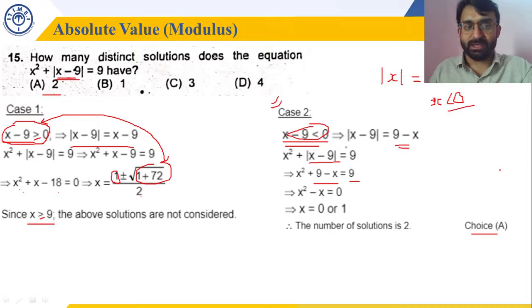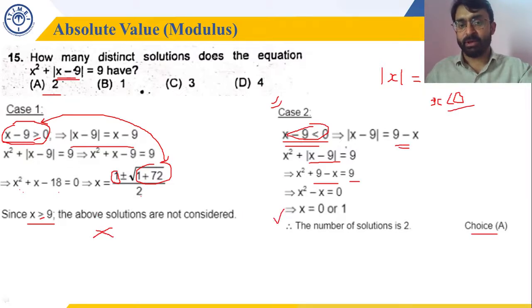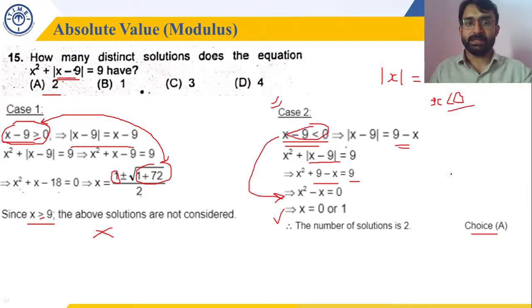Fine. So this is something which we can do in terms of equations of modulus. Put all the terms of the equation which are given in modulus equal to 0 and make ranges. Always write greater than or equal to, and less than. Less than will not come with equal to, greater than will come with equal to. And don't forget to verify your values with the primary condition. Here you verified x has to be more than 9 and we verified x has to be less than 9. So here the values are not acceptable, and in the second case the values are acceptable because they follow my primary restriction, which was x less than 9. Agreed? Fine. So let's move ahead.